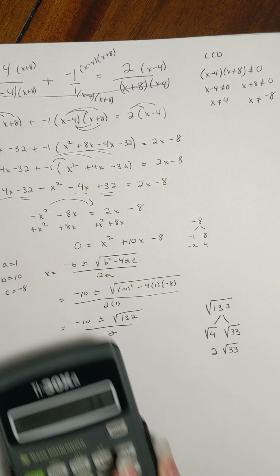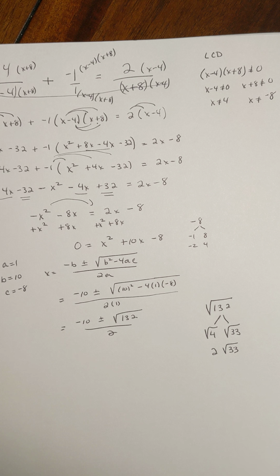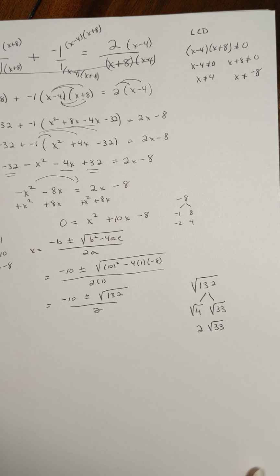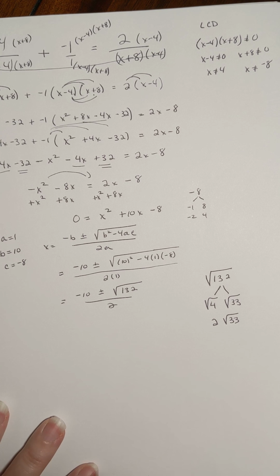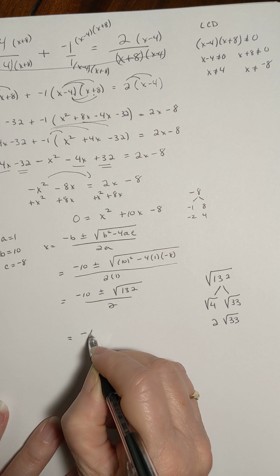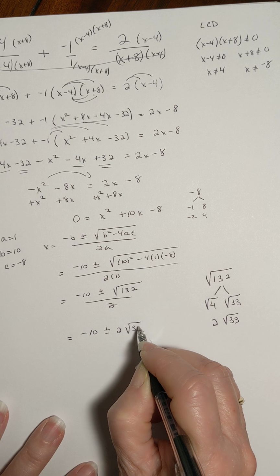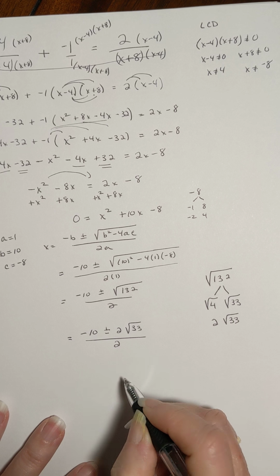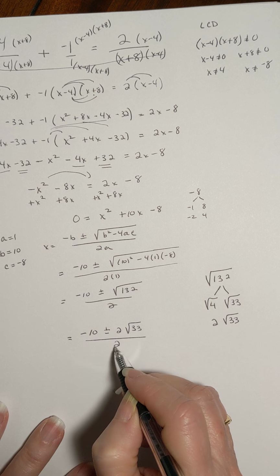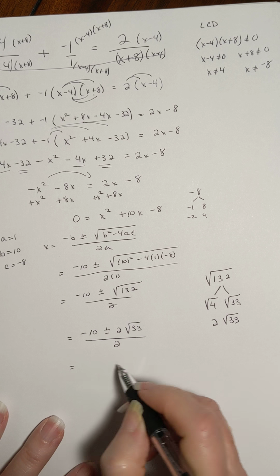So 2 times the square root of 33. And then nothing except for 11 and 3 go into 33, and you can't take the square root of either of those, so we're good. So this would be negative 10 plus or minus 2 times the square root of 33 all over 2. Now the 2 is divided into both parts, so I'll divide it into both parts,